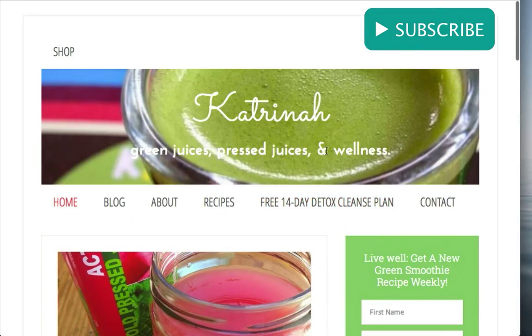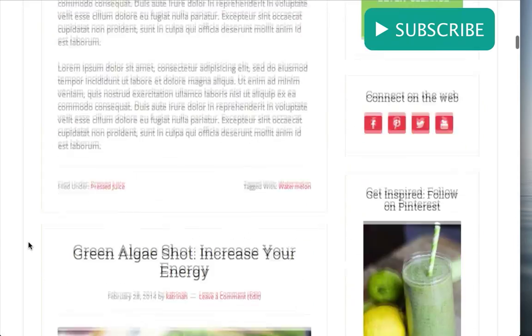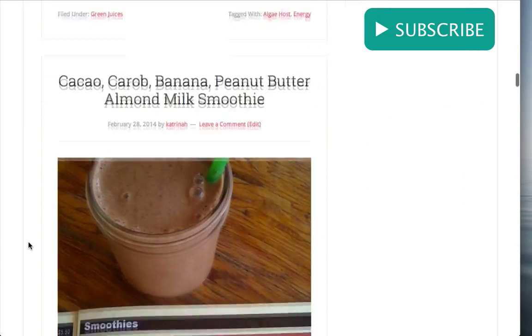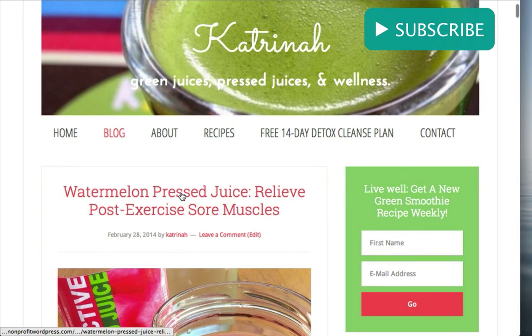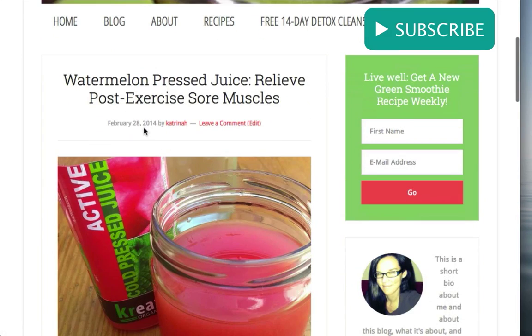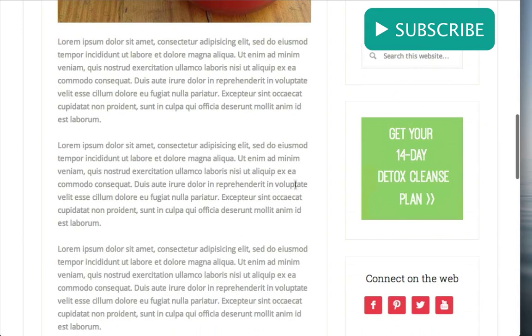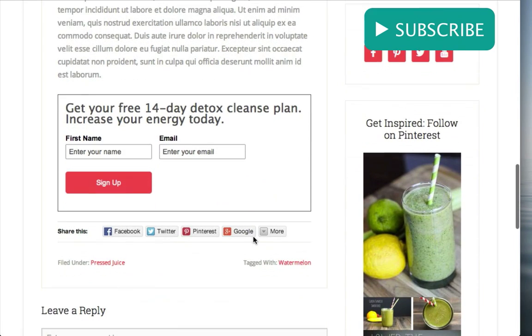Now, looking at some of the internal pages that we've created in this video, starting with the blog page. I'm going to go to the blog page, and here we have the blog archive page with all the blog posts that we've added to our website. Taking a look at one of the blog posts, I'm going to click on this particular one. Here we have the blog post title, the date, the author, and any comments. Then we have an image, and then we have our actual content, the text, followed up by another